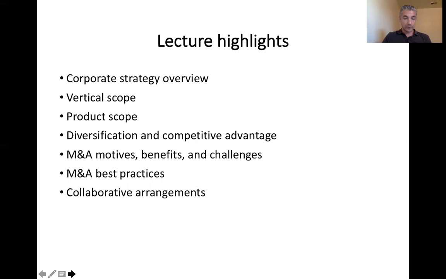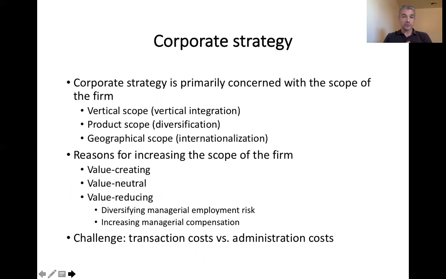So with that, let me move on to the formal definition of corporate level strategy. Basically, that's the strategy that is primarily concerned with the scope of the firm. And when we talk about the scope, we distinguish between vertical scope or vertical integration, product scope, which is known as diversification, and geographical scope,